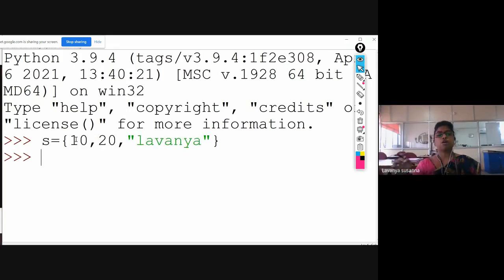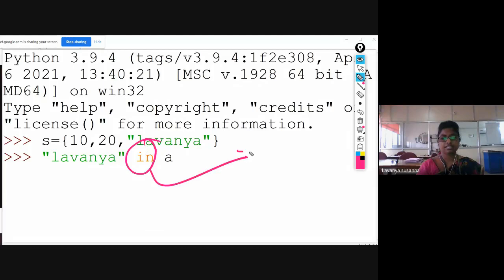Now, if you want to test whether the string Lavanya is present in the set S or not, you need to use the membership operator in. I'm giving it like this: Lavanya, a string you must specify in double quotes, Lavanya in S. Here in is nothing but the membership operator.